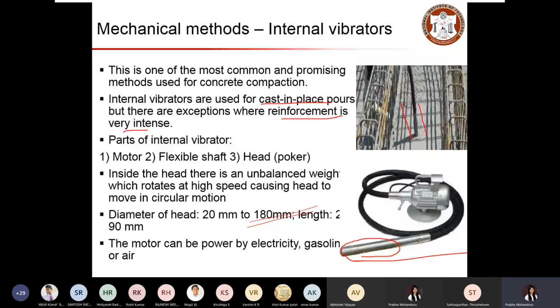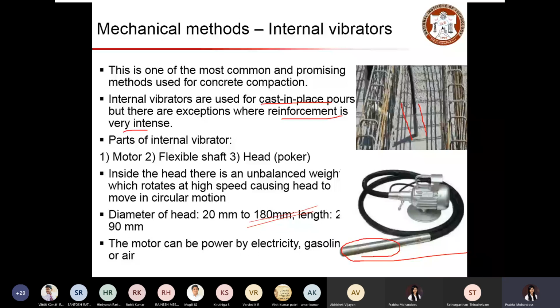If you have reinforcement, or once the concrete is placed, while removing it you should remove it carefully. You should remove this in a vertical way so that the place occupied by the head will be filled by the workability of the concrete itself. Whereas if you remove it in an inclined way, or if you remove it by rotating the poker, that disturbs the concrete around the structure.